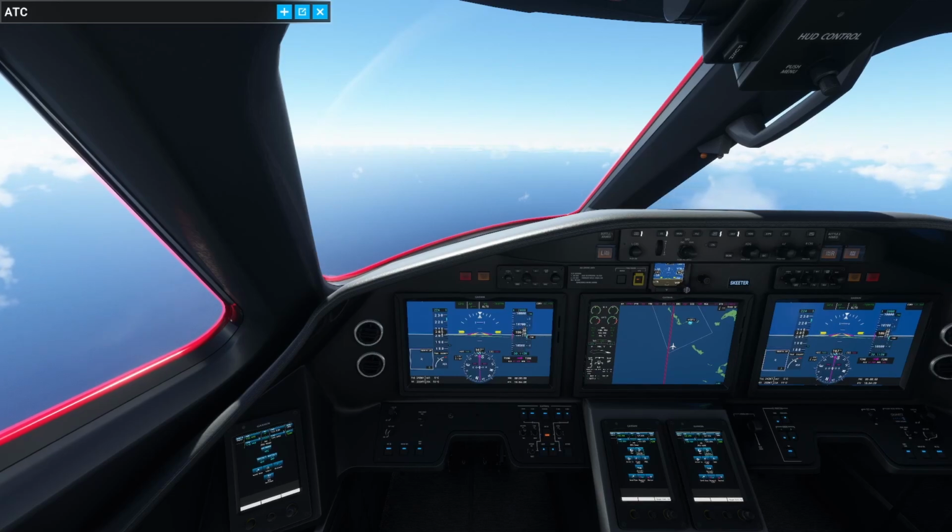Starting to see the islands come into view out on the horizon. Oh, that's perfect. 700 feet per minute. We're right at 242. So that's actually a nice little descent. We're not going to break our speed limit. We're 16, 17 minutes out. I am a little early on all my descents, but